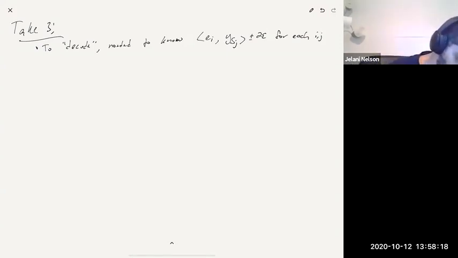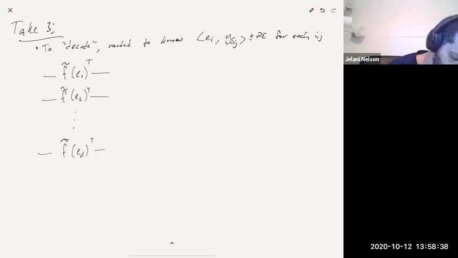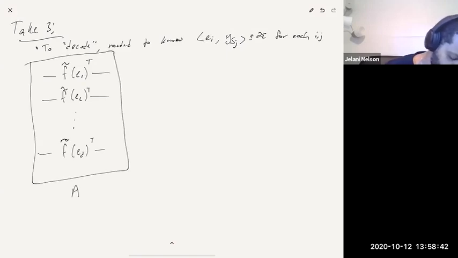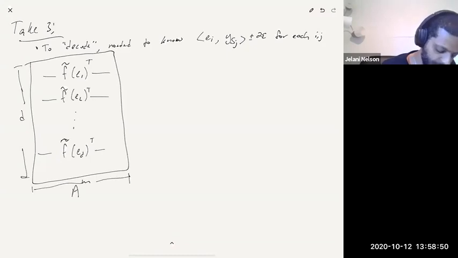We were saying, take this dot product, F tilde e_1 transpose as a row vector, F tilde e_2 transpose as a row vector, up to F tilde e_d transpose. Put these as rows of a matrix. Call this matrix A. What are the dimensions of this matrix? It has d rows and m columns. And then multiply it by this guy,